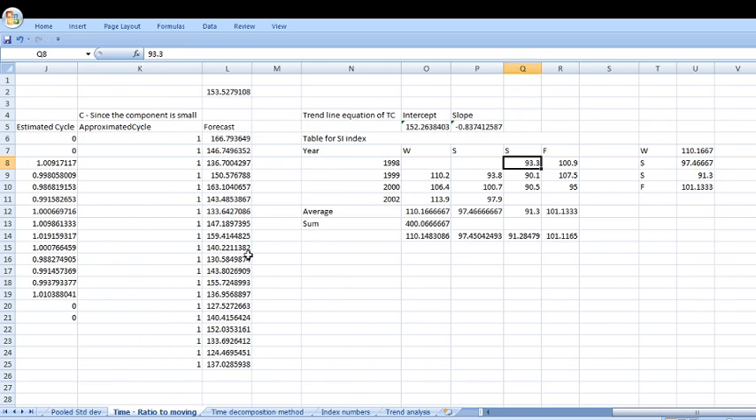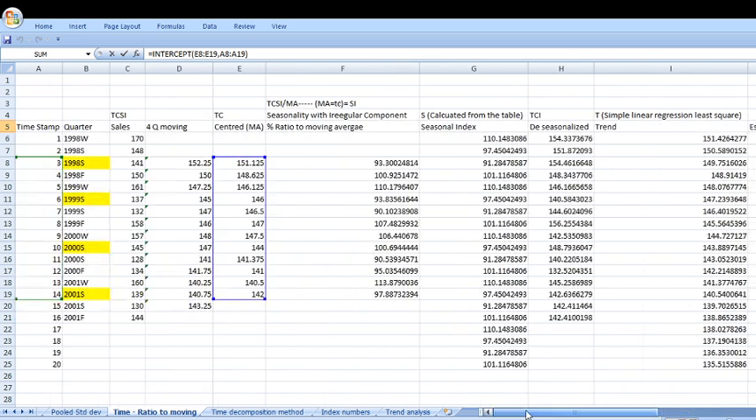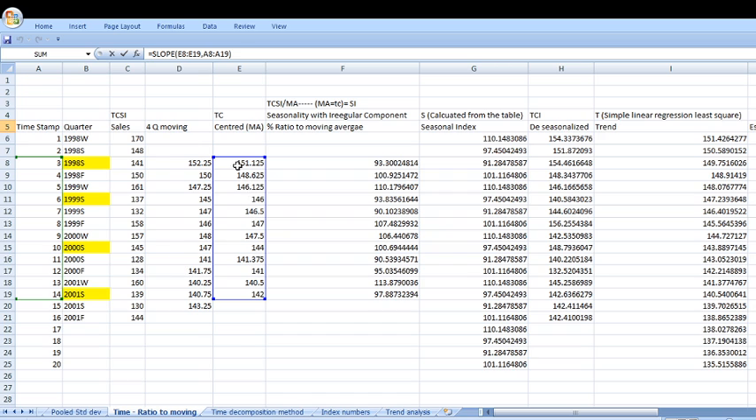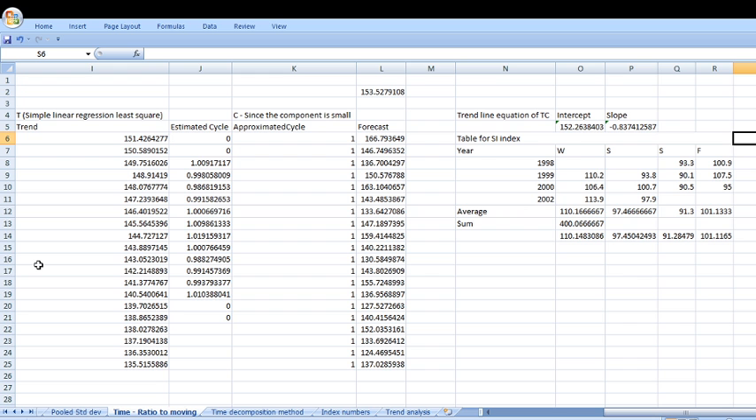So let's see how I have applied it here. Intercept is equal to intercept of x and y. This is my y and this is my x. So that's going to get me the intercept. It's 152, and slope, again the same formula, is equal to slope of my y upon x. So that gave me the intercept and slope, and by just substituting this in the equation, we get the trend